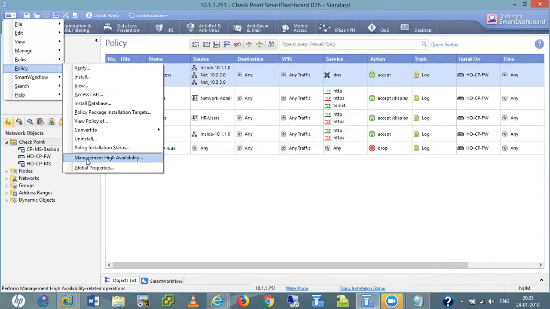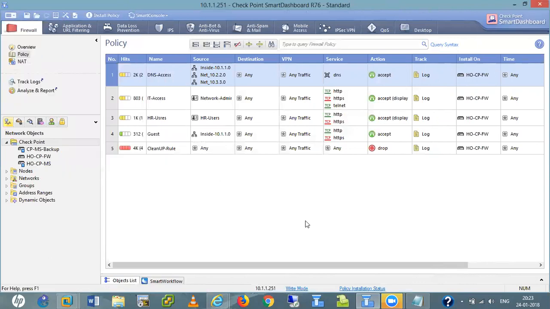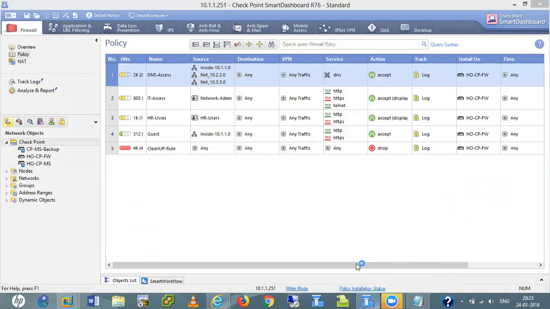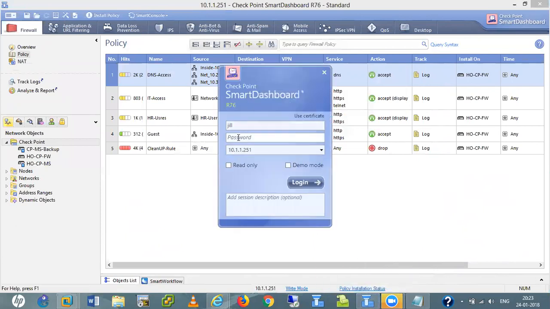See where we get this tab here, Management High Availability. Let me do one thing. I am also opening my management server again, Check Point SmartDashboard. I'll give the name. Here I get 240.